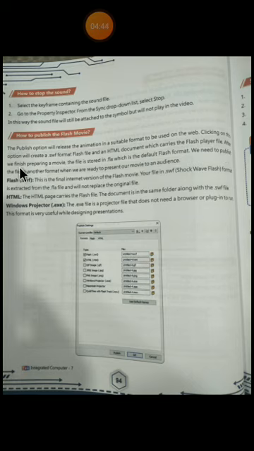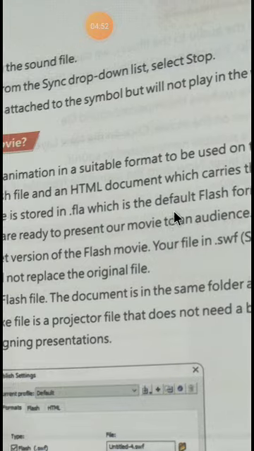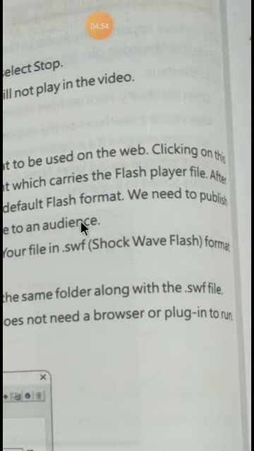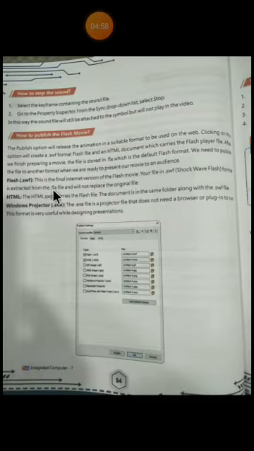When we finish preparing a movie, the file is stored in .fla, which is the default Flash format. We need to publish the file to another format when we are ready to present our movie to an audience.